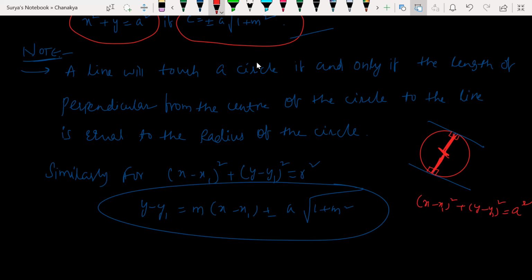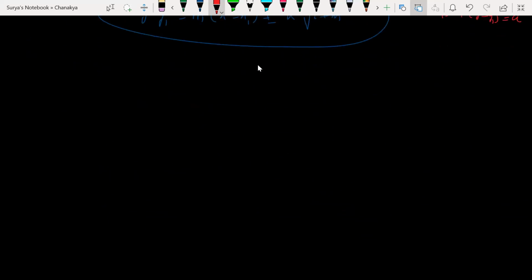Now guys, look at tangent. What is the point form? If I have a tangent to the circle, what is the point form of a circle? Guys, what is the point form of the circle? See, we have two standard equations of circle. So for one circle, what is the tangent form and what is the tangent form of another? Look at this here, tangent, point form.